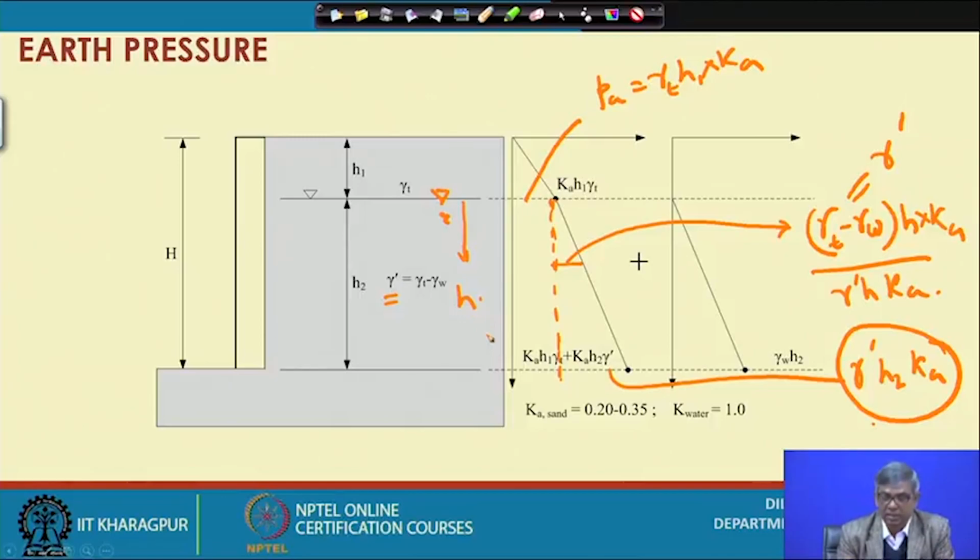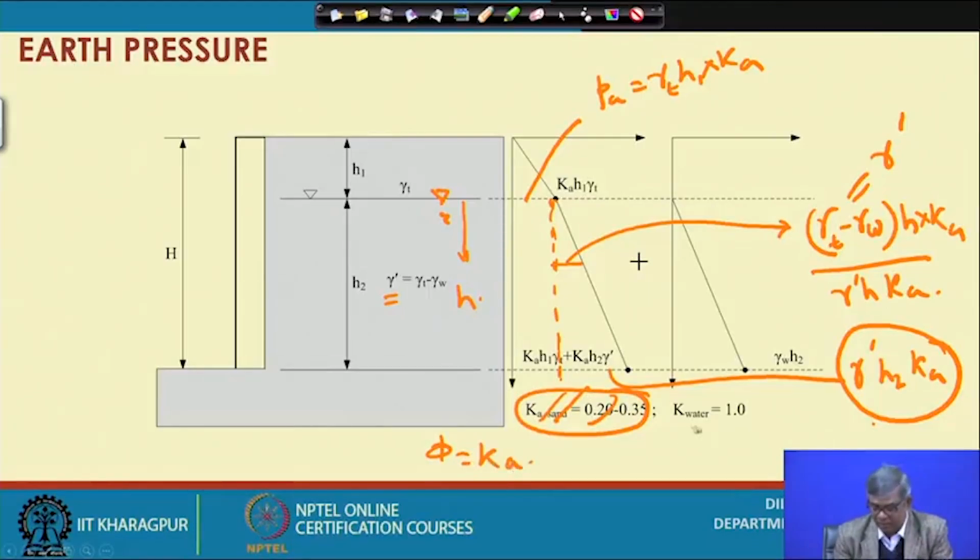If I make it 3 parts, it is easier because the CG of the triangle and rectangle is known. So if I want to find out the thrust, it is easy to find. And suppose Ka is not known, suppose the phi value is given; from there we can find out the value of Ka. And another thing is